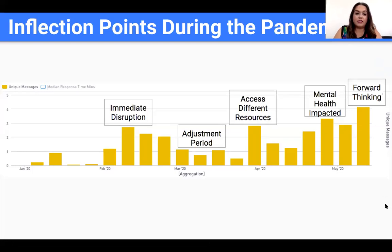So as you can see, the beginning of the semester, it was pretty low amounts of communication. Students are just kind of getting back into school. They're just getting adjusted. But then it's very clear where there was the immediate disruption when COVID-19 crept in around February, end of February, and that this was where we started to see some immediate reactions based on our ANA